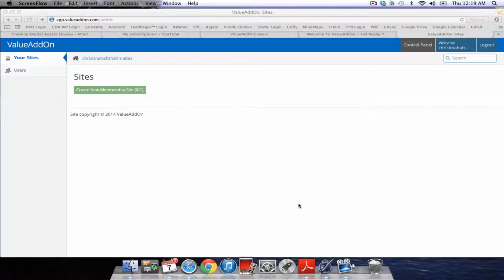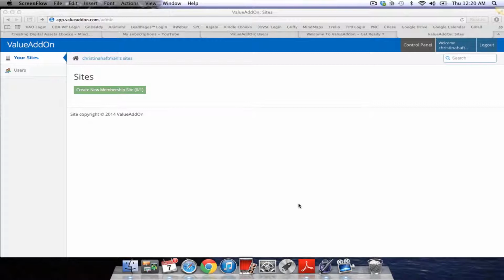Kajabi is very simple as far as its user interface on the front end and the back end for product owners who are very strong in their subject matter expertise in their niche, but they're not very technical. So this is something that they could use and pretty much do themselves if they wanted to without having to hire an outside consultant.